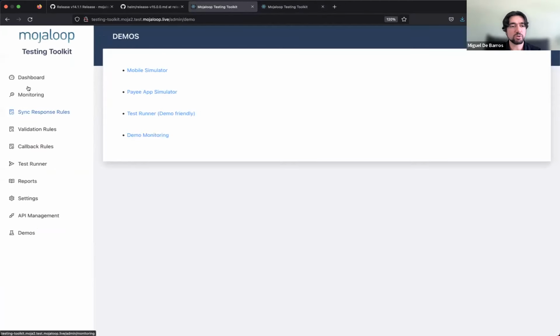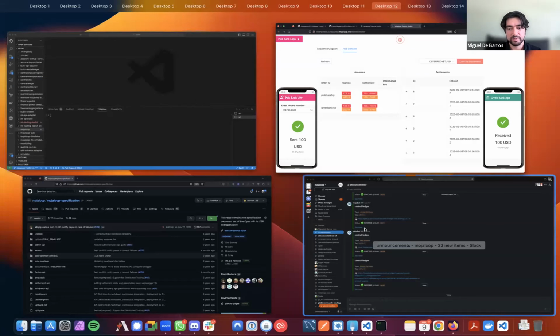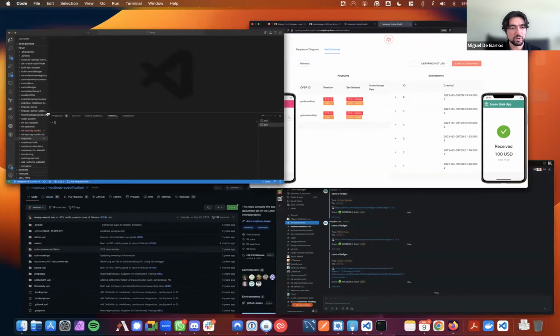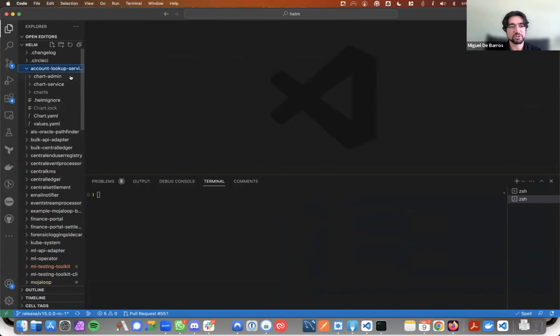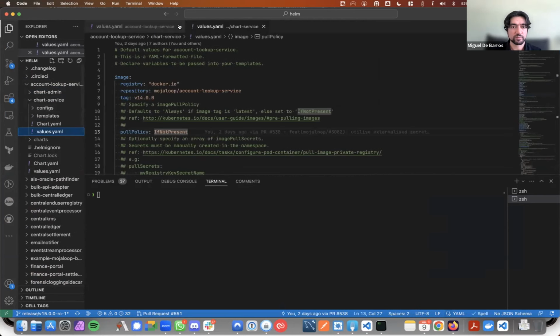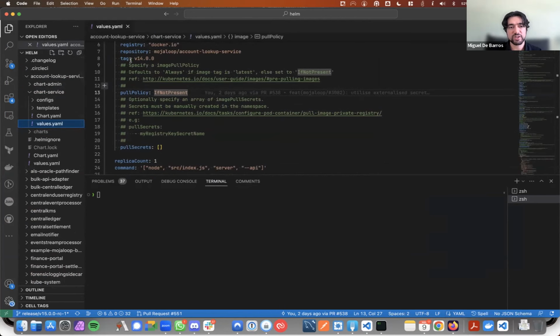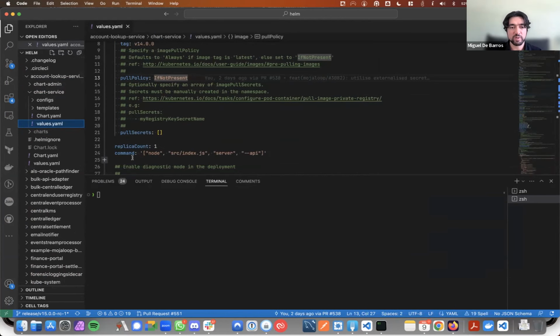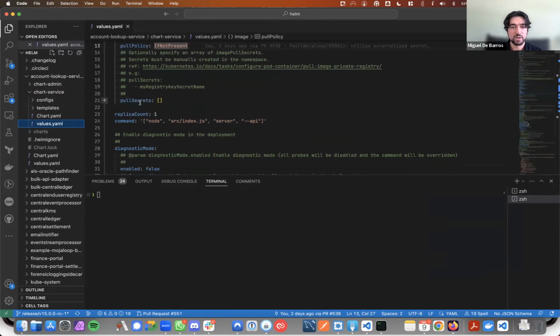Just to also show you as well, if I just quickly go here, I don't want to spend too much time and I don't want to get too technical. So some of those changes we made to standardize our actual values configurations, I'm just going to show you the Helm chart for the account lookup service just to show you as an example. Here we go. So there's been changes here. So you'll see the image, the commands have been moved out to be consistent.